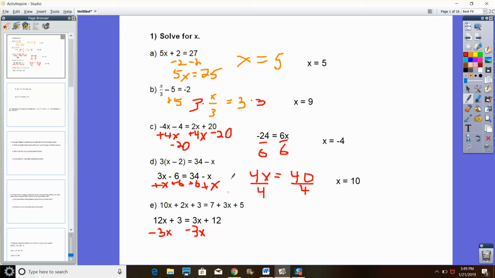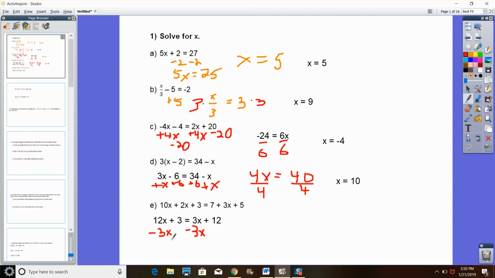And just to tag on what I was about to say over here, why I added 4x here: because 4 is less, and it's better to move the term that's lower, not necessarily the lowest or highest absolute value. The term that's lower is easier to move to the other side. That would give you a positive coefficient for x. So anyway,